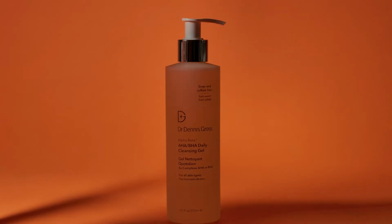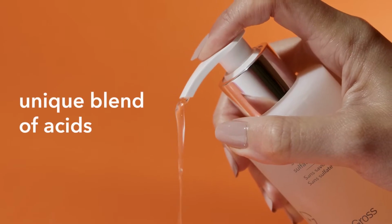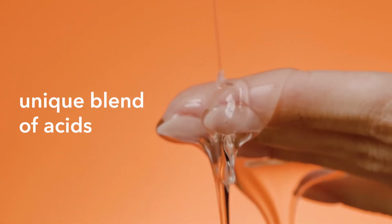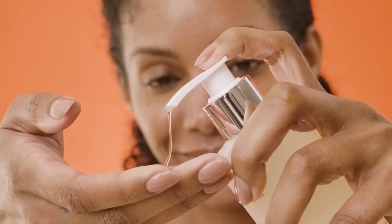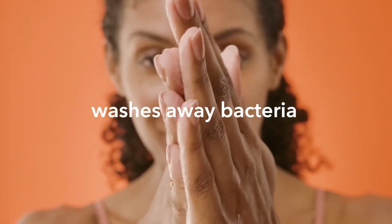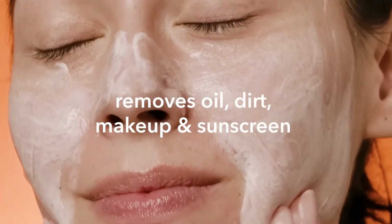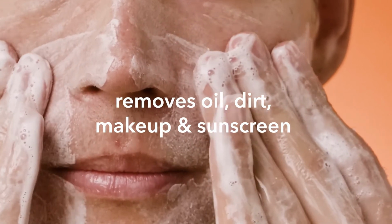I formulated my AHA BHA Daily Cleansing Gel with a unique blend of multiple AHAs and BHAs, not just one single acid. That's the key. It also contains farnesol, which washes away bacteria and helps prevent breakouts. It thoroughly removes oil and dirt, even makeup and sunscreen, without ever damaging the moisture barrier, and it even balances